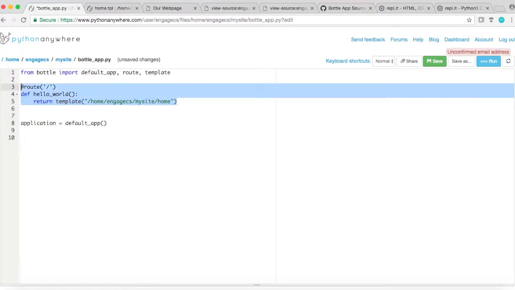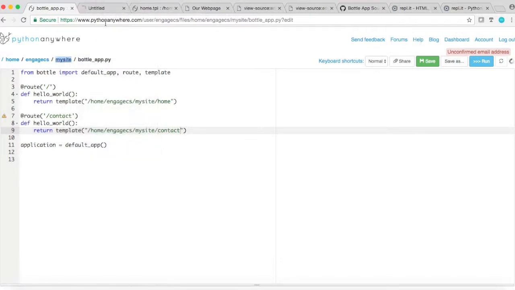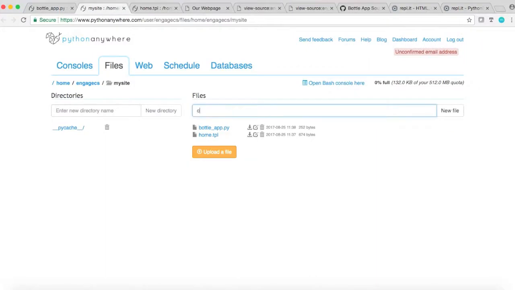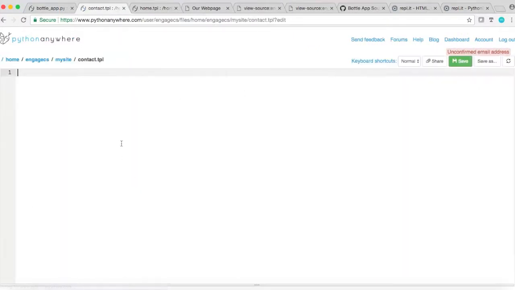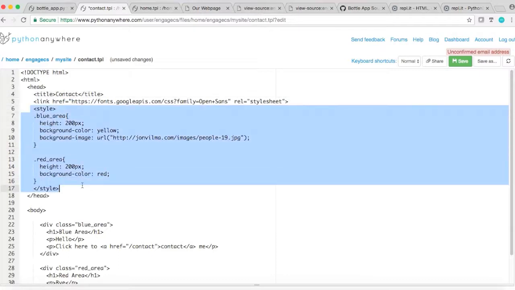So let's go ahead and get more practice by creating a contact route. So let's say contact. And what should we call our template? Let's just call it contact. All right, save it, refresh. What do we need? We need a contact.tpl. So let's take our home.tpl, let's create one called contact.tpl, and paste it into our contact.tpl and just remove the title, change the title to contact, remove some styling, we don't need the styling now,